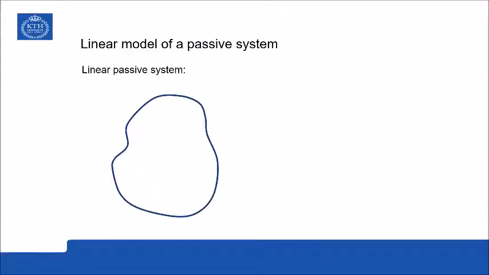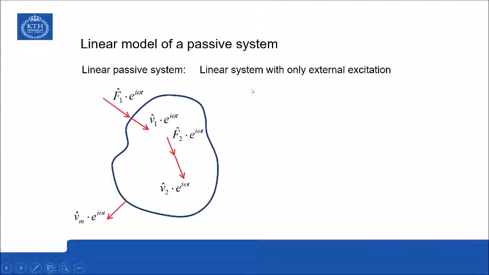First of all, a linear passive system is a system with no internal excitation. So there are only external excitation sources. So we have only external forces, F1 and F2 in this case. And if we then observe the response to these two exciting forces,